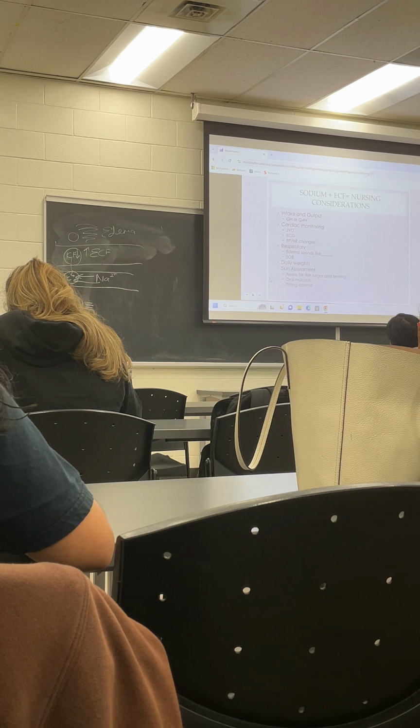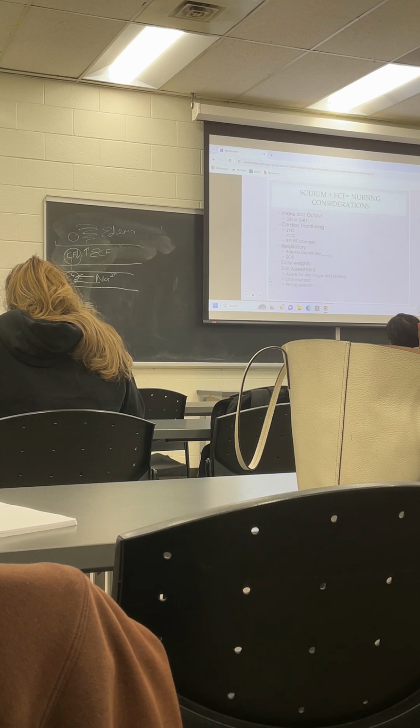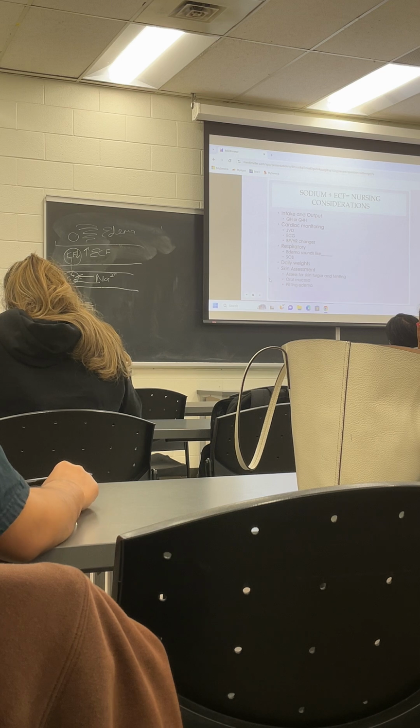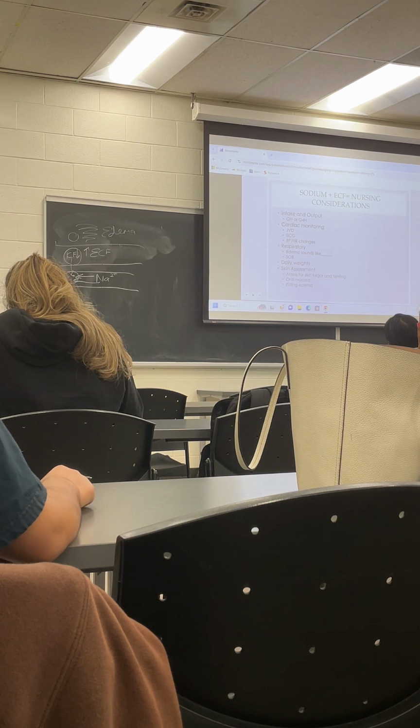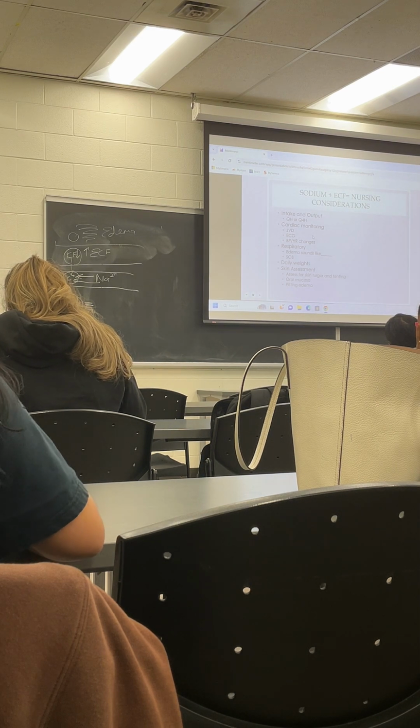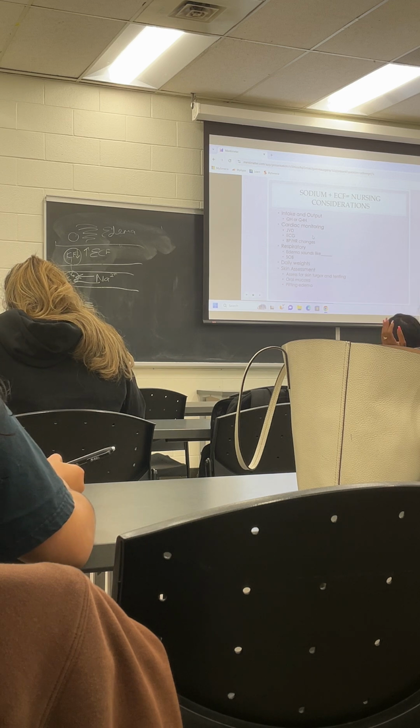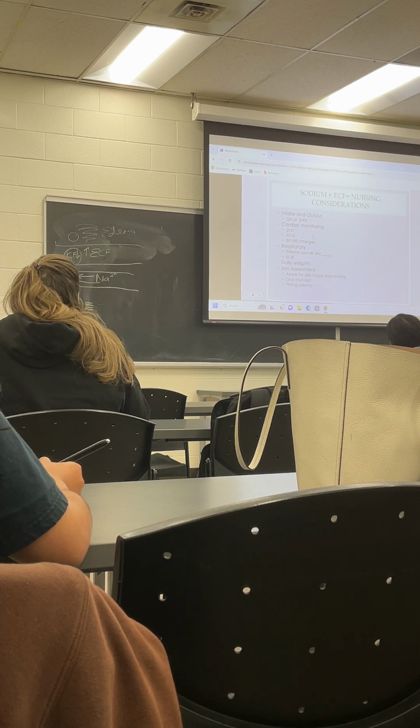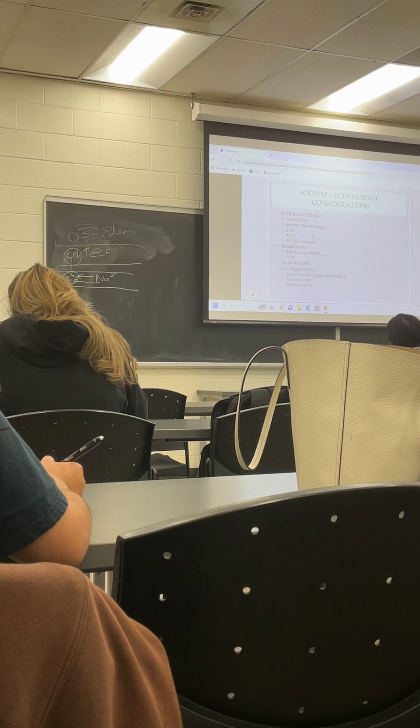This slide goes over our nursing considerations. I pulled this straight from Lewis. I really liked it because it goes over our big, I guess, assessment things that we are going to look at. So ins and outs we already talked about. Cardiac monitoring, we talked about blood pressure and heart rate. We can also include ECG changes for your patient, and this is usually going to be associated with heart failure. And then we have our JVD. What is JVD? Jugular vein distension. Beautiful, and why would that show up?